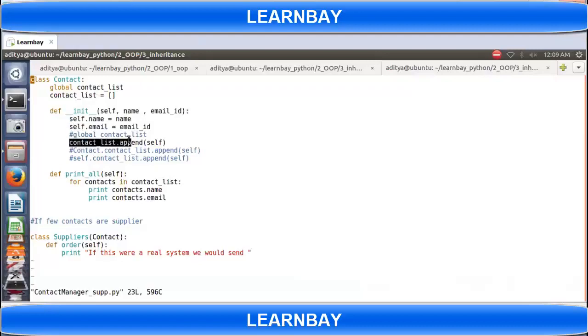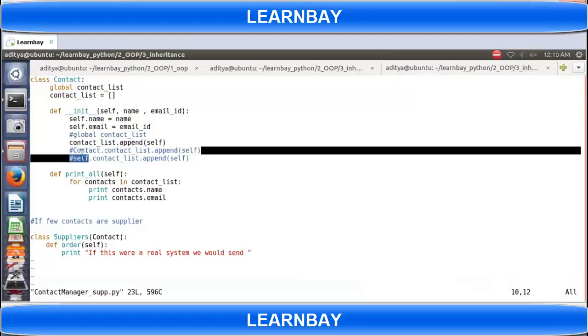Okay, and then do one thing, just write contact_list.append(self). And then you might be having something like obj equal to contact. That could also be there, right?